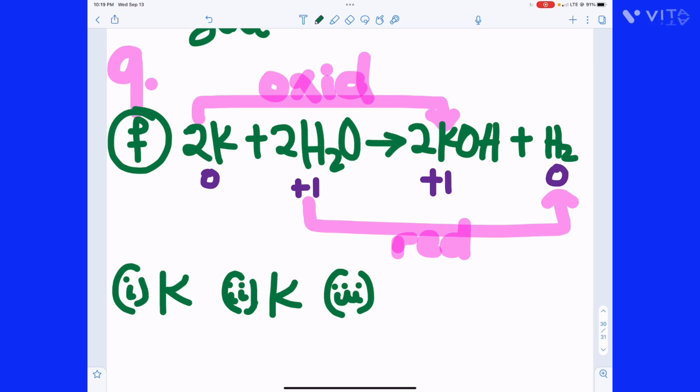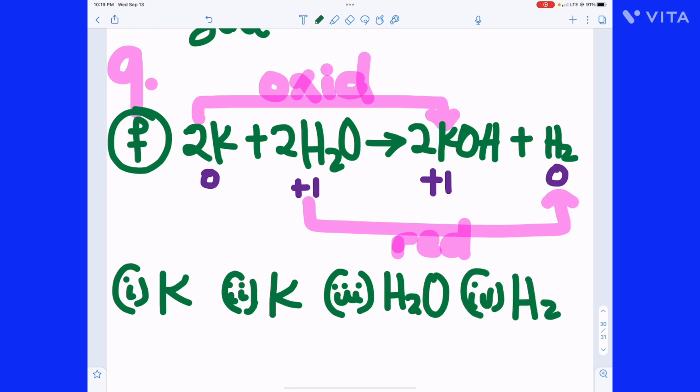So because the oxidation number reduced, we say this process is a reduction, or we say reduction took place here with hydrogen. But that hydrogen was present in water. So we will not say hydrogen was reduced. We will say the substance reduced is what? Water. Then number 4. What is the oxidizing agent? Water. Because the